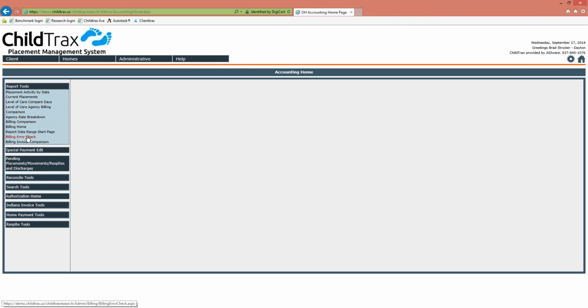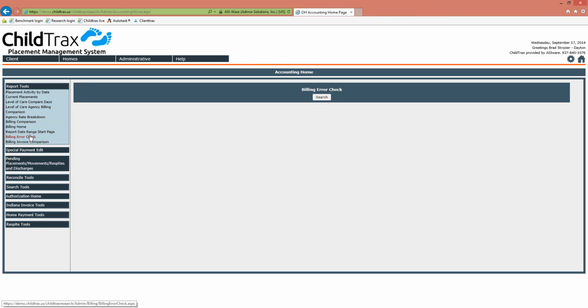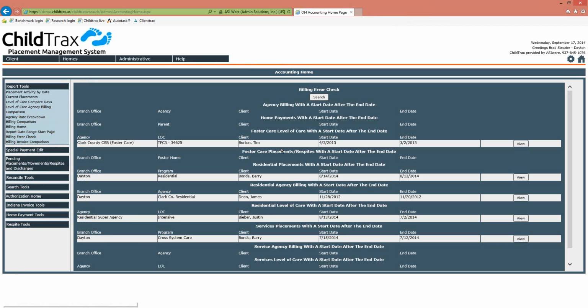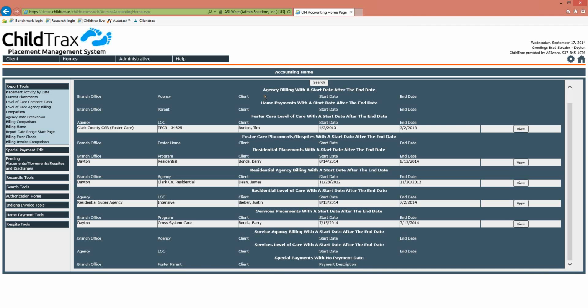The first one, billing error check. Second new item is billing invoice comparison. We'll cover billing error check first. Once you click on it, it just brings up a search button. No dates to be entered, just click search. And it's going to go back, and what it's going to find, I'll go down through the list here, is